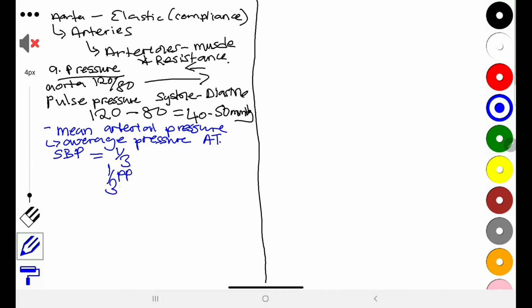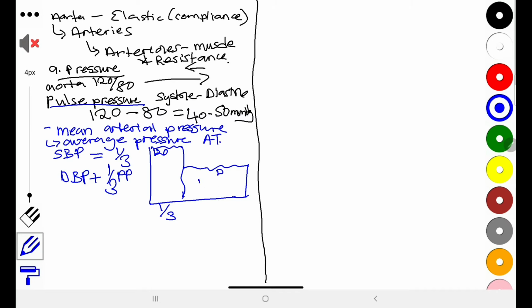So it's a third of the pulse pressure, which we have already calculated, and we're going to add this to what you're going to see as the baseline, so to speak, pressure throughout, which is the DBP. So in short, if this is systole, it's only taking about a third of the time, and the rest of it is